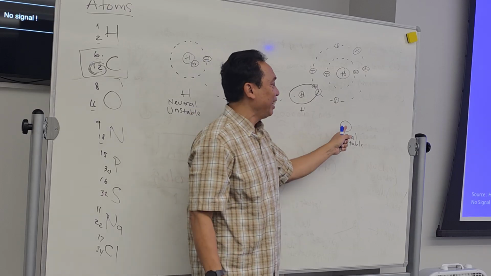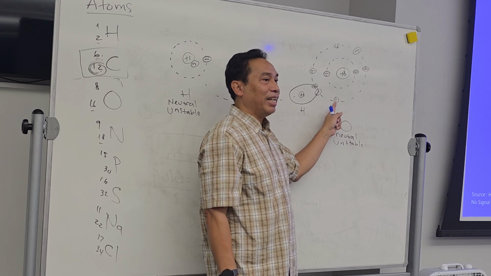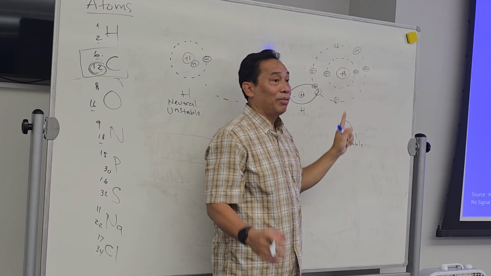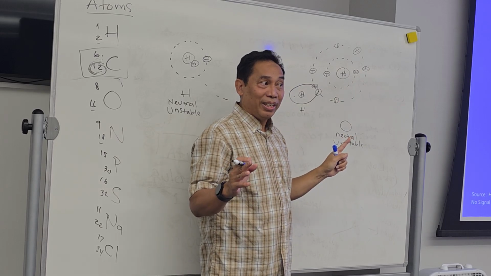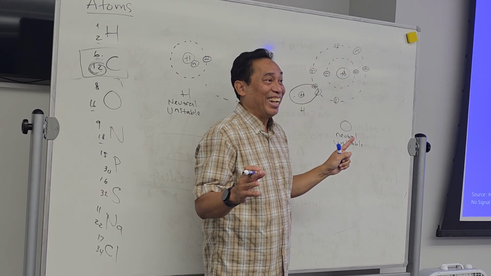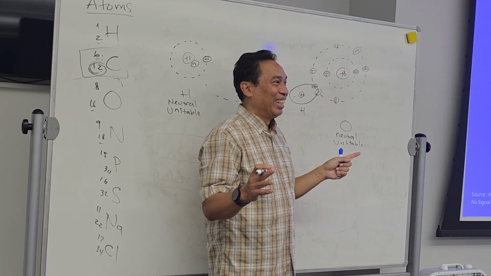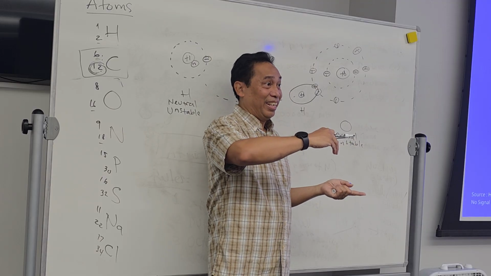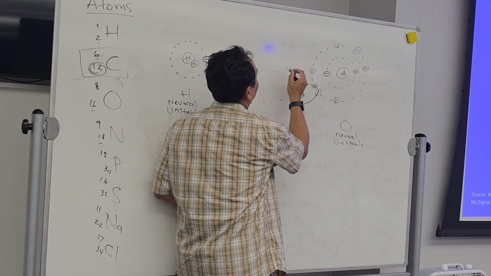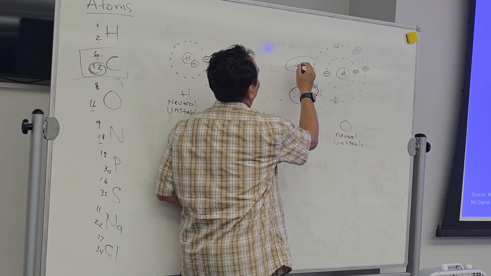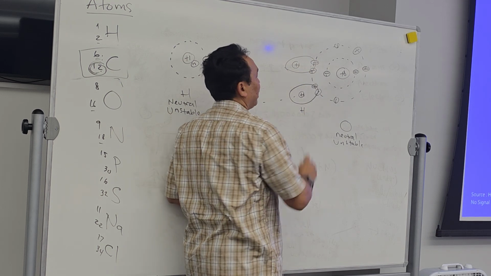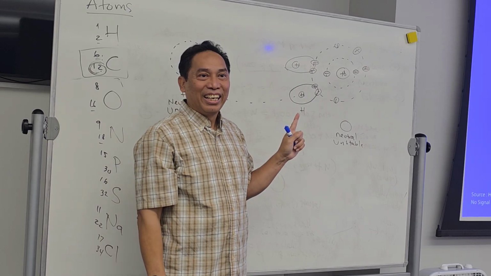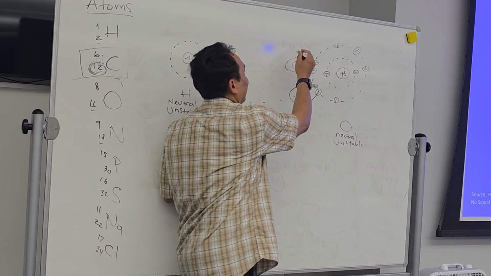Now look at the oxygen in this case. How many electrons does it have now? 1, 2, 3, 4, 5, 6, 7. Do you think he is happy? Not yet. What's he gonna do? Looking for another hydrogen. Get it? So there will be, let's say, a second hydrogen here, +1, and then share the electron. Can you follow this? Okay? Now look at the hydrogen over here. This is another hydrogen, right?